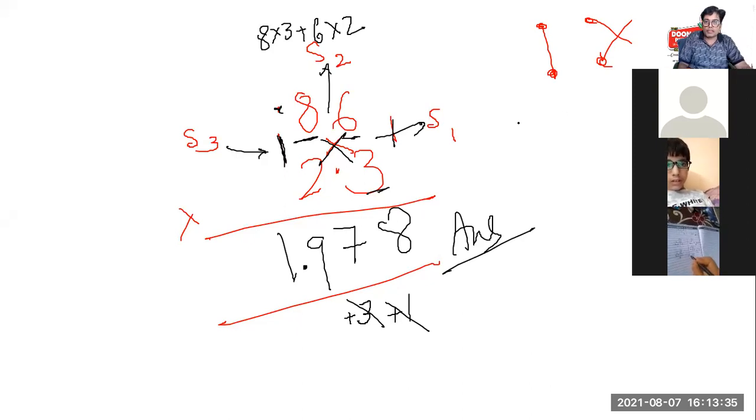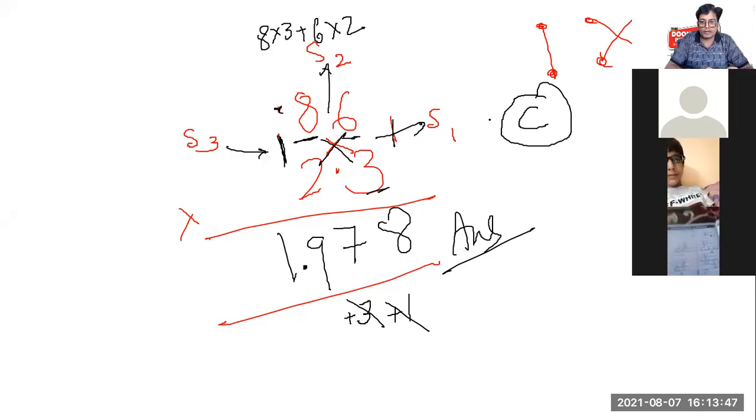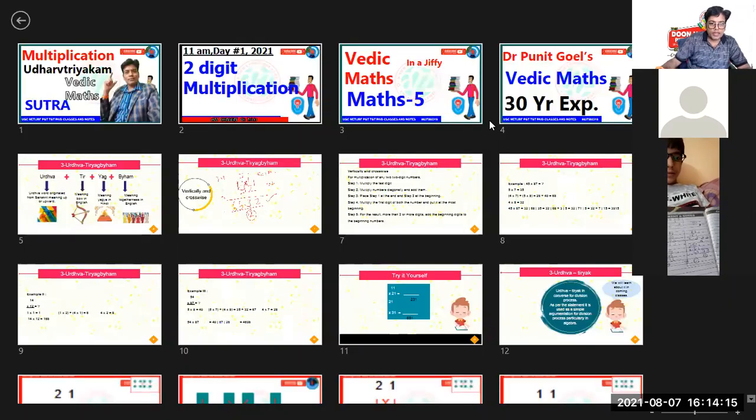If it is clear, please write C in the chat box. If this method is clear to you, please write C. Everybody, Shivanshi, Akshit, 2 persons have written. Karthik, Mayank. Everybody is clear. Avni, Manav, Riddhi, Srishti, Srishti Jain, Kush, Harshita, Kushi, Riddhi. Okay. Now, it is clear to you all.